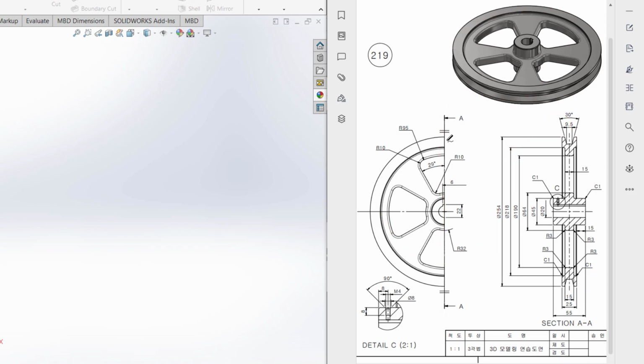In the top plane, I'll draw this outer circle first, and this outer circle has a dimension of 254 diameter. Then I will extrude boss it to 25 unit. After that we can see we have a V shape cut here, and for drawing this V shape cut